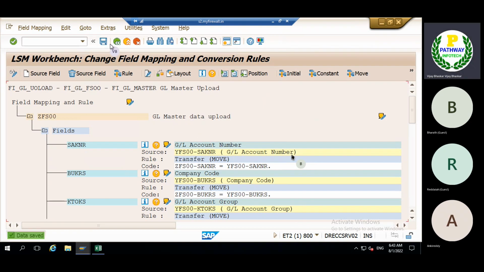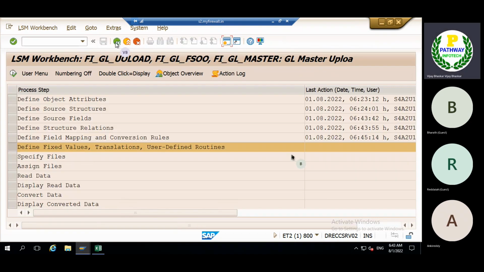Now let's say for example here you can see some values, some company code. Let's say for company code you want a constant value. You can make it a constant value also. Remember, here in step number 5, we are able to keep the constant. If you want to keep it only for the GL account WN04 you want to upload, you can make it a constant, meaning this project is relevant only for this company code. Just save it and come back.